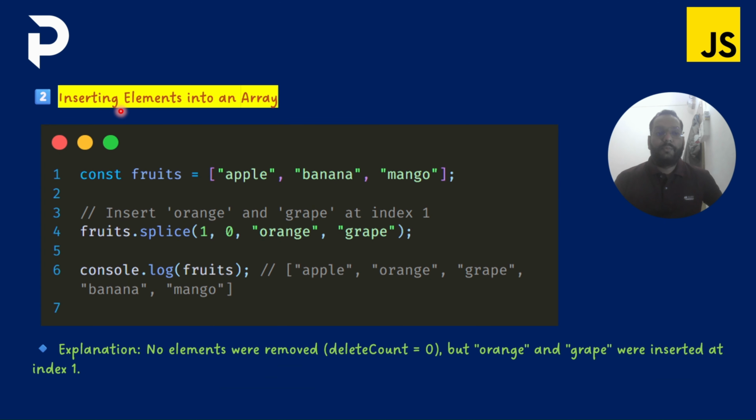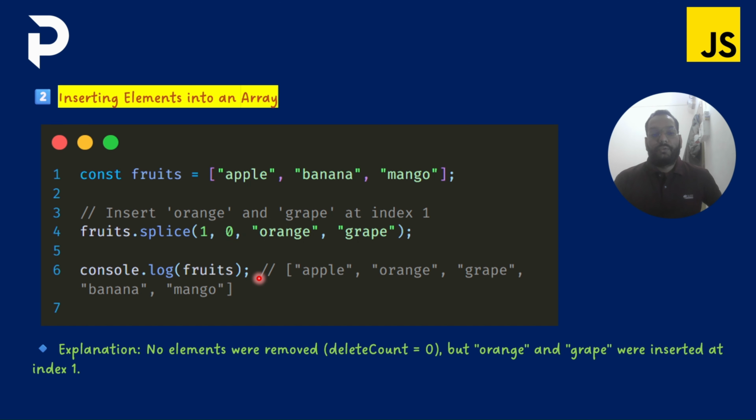In our second example we are inserting elements into an array. We have a variable fruits, in which we have some names of fruits, and now we are inserting orange and grapes at index 1. We write the syntax fruits dot splice and pass 1, because we start from index 1, and we do not delete anything, and we add orange and grapes